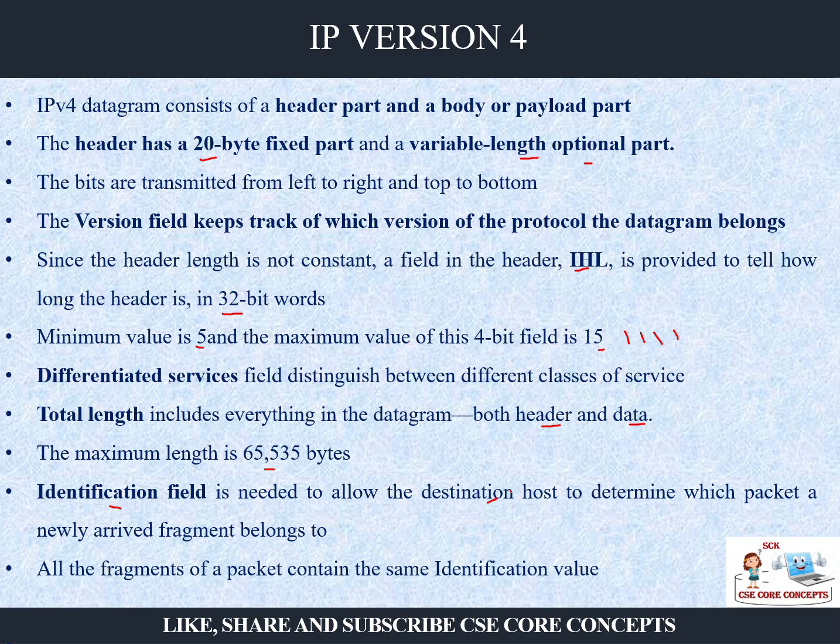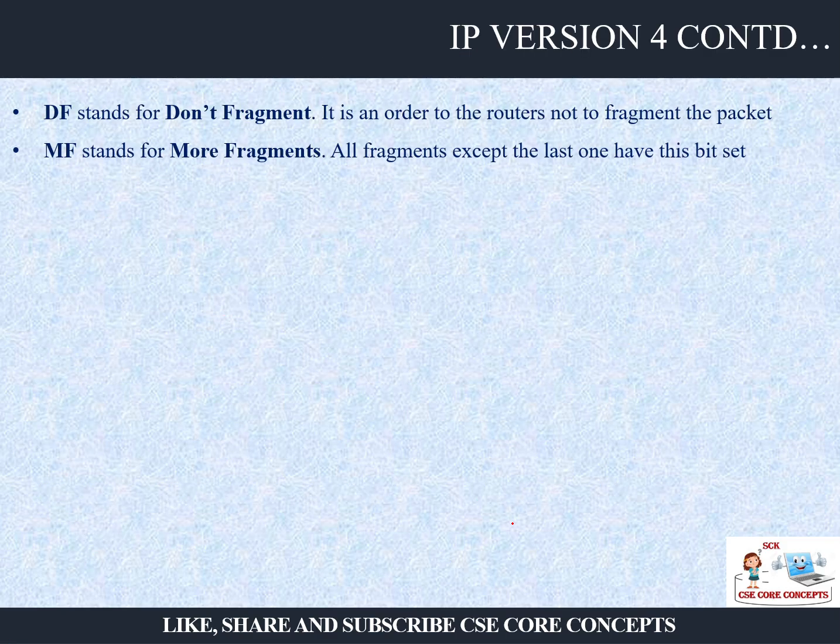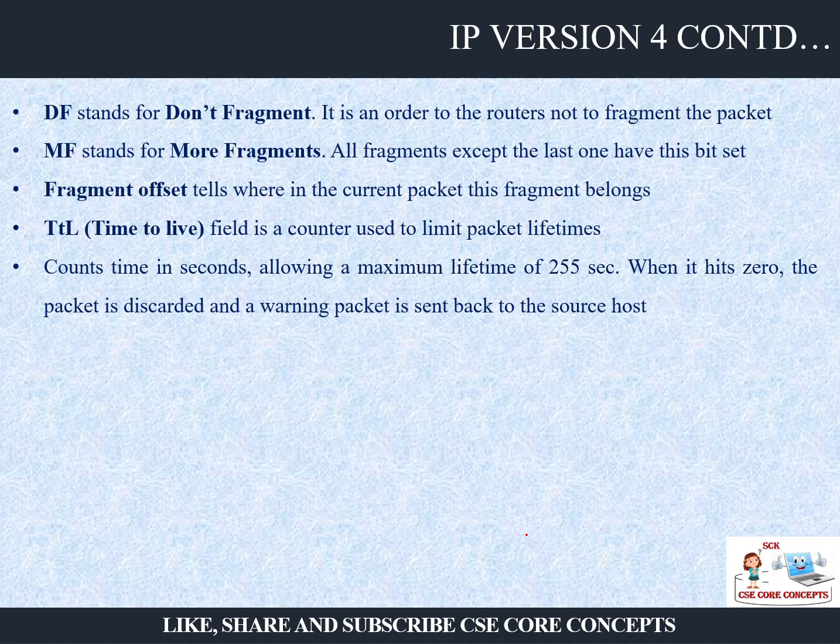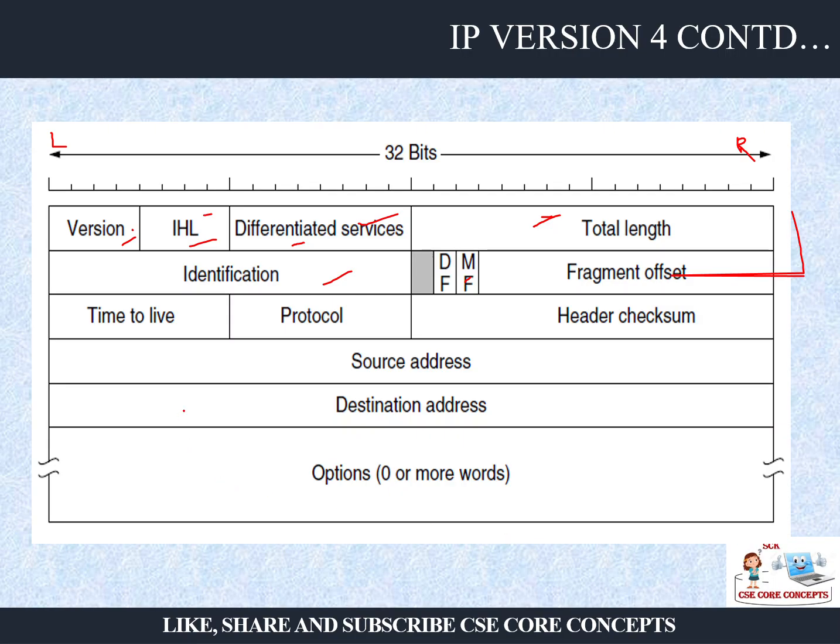right? So that you can know, suppose data 1, 2, 3, 4 has started. Now, data 1 has 10 packets. So all 10 packets will have a common identification number to understand that this belongs to data 1. Then, for data 2, all packets will have a common identification, which is an indication it belongs to data 2, right?